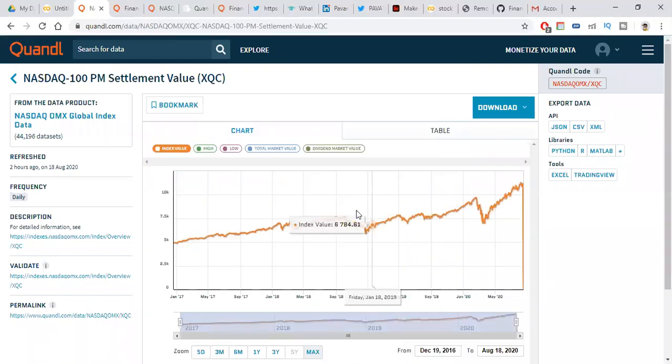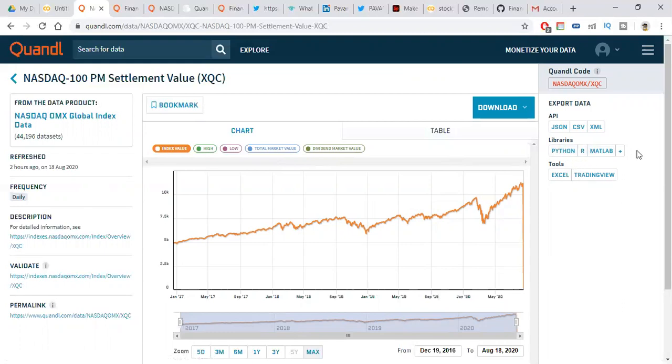See friends, it gives us the details of the chart and table also. It is time series data, friends. See on the right corner, how can you get the data? It has a JSON API, CSV API, XML, libraries, Python or MATLAB, tools, Excel.